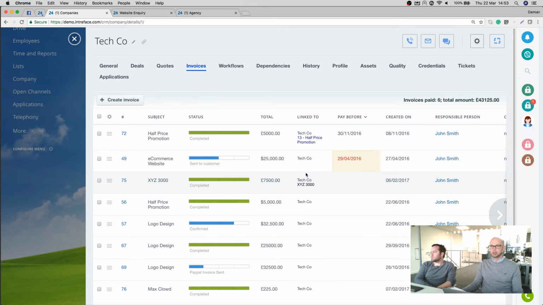You will want to create your own. You can create custom fields in here. You might need to create your own custom fields and display those in here. But if you want to hide a field, it's just a case of change. I'm guessing you don't see this if you're not an administrator. You will have some limitations on what you can see, but if you want to hide this field here,